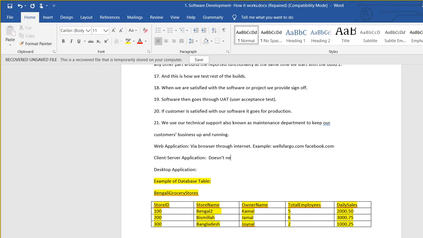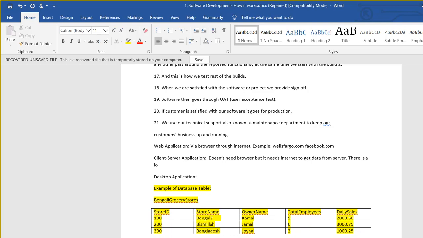Client server application does not need a browser, but it needs the internet to get data from the server.